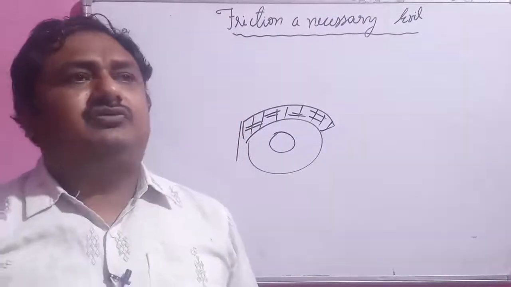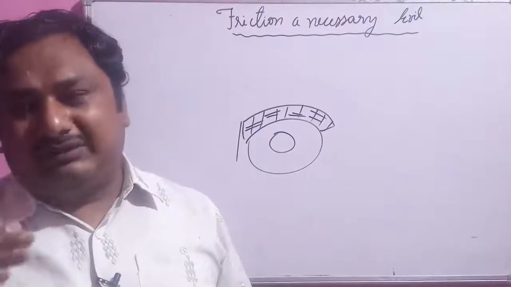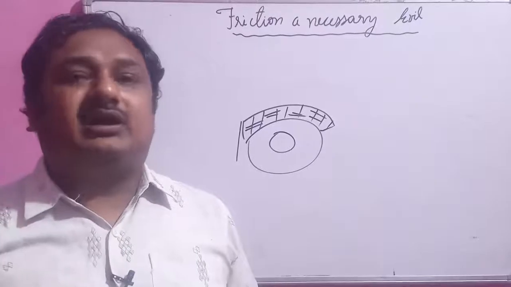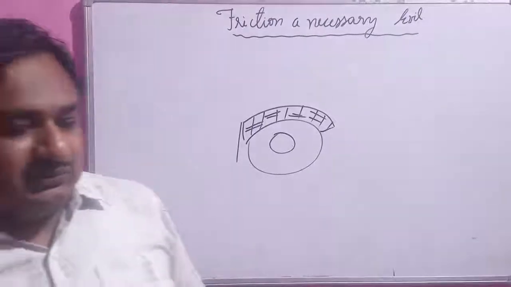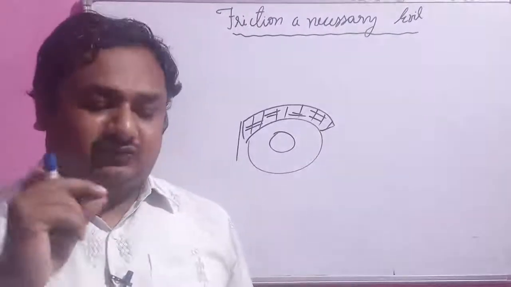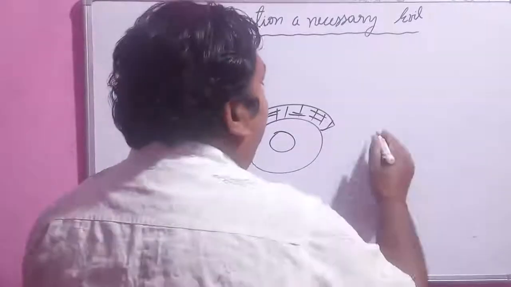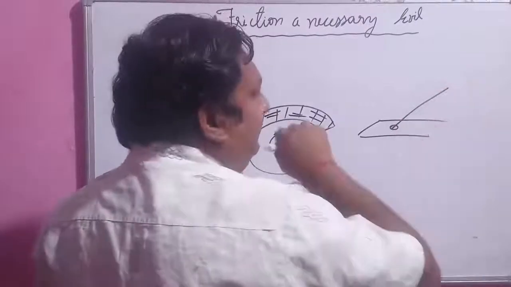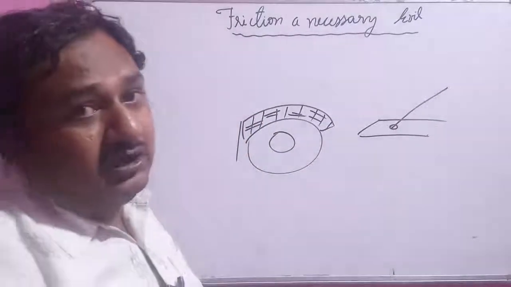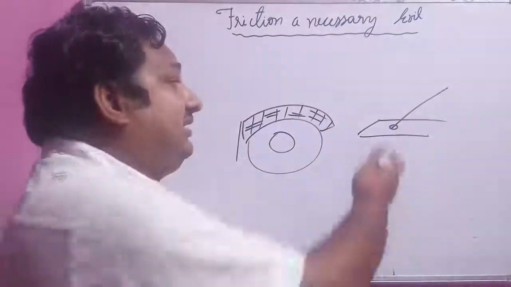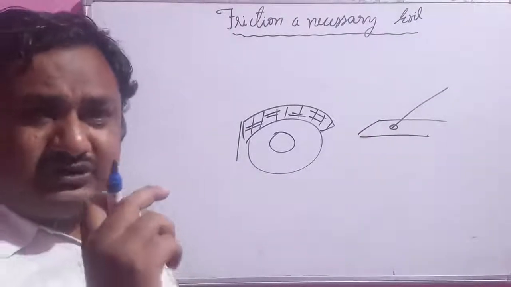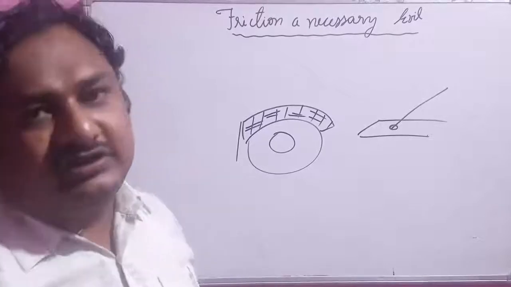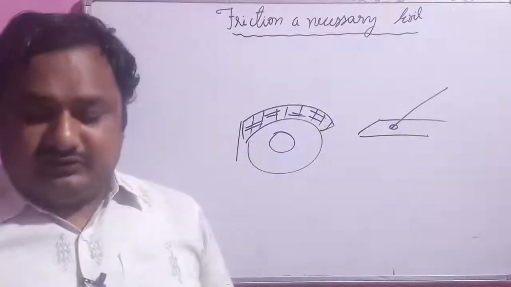Now, whenever you use a matchbox, the surface of that matchbox is very rough, so that the fire can be lit easily. Suppose this is the surface of a matchbox, and whenever you slide a stick on it, it lights up, because the matchbox is made in a particular manner so that there is more friction force, heat is generated and the matchstick is lit.